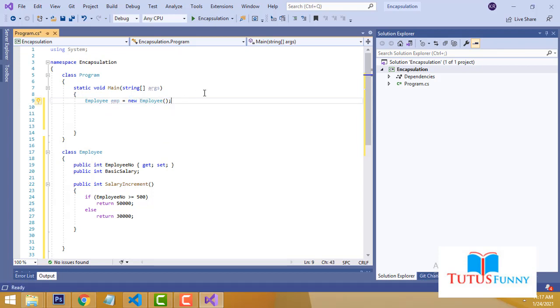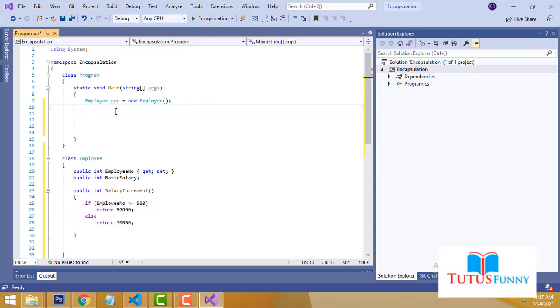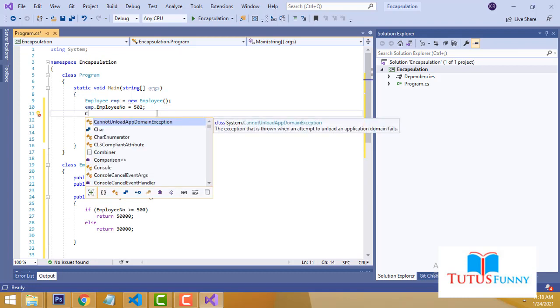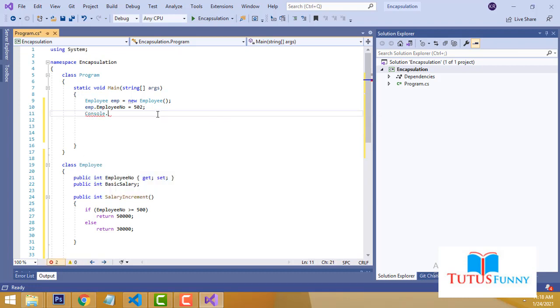Now how to call this variable? emp dot employeeNumber equals, I am going to put it here as 502. Now I am going to print to check whether the application is working or not. Let me check.